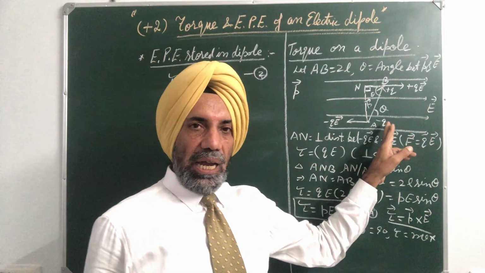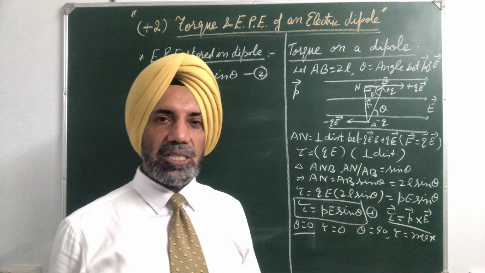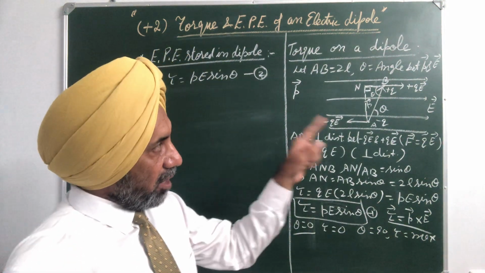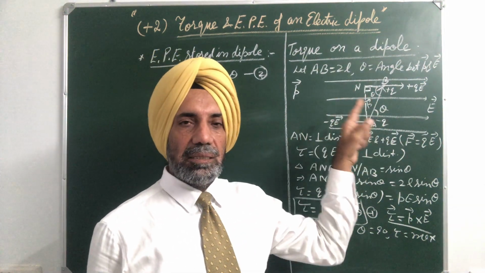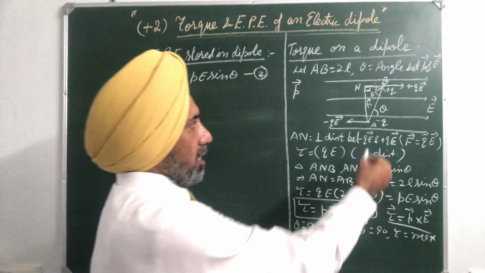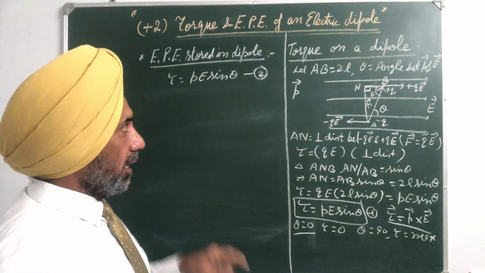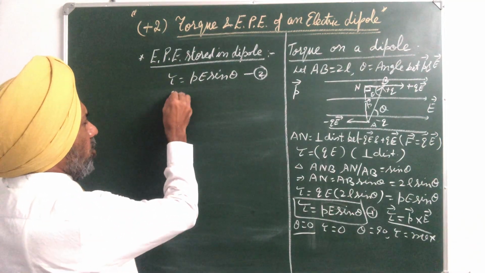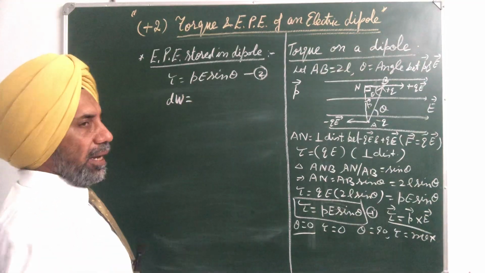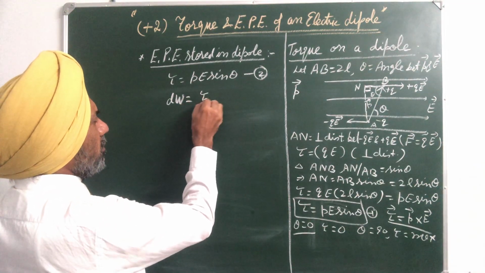Now, if we have to rotate the dipole through some angle theta, work has to be done, and that work done is stored in the dipole as its electrostatic potential energy. Suppose this dipole is further rotated through a small angle d theta, then the small amount of work done is given by dW equal to tau d theta,